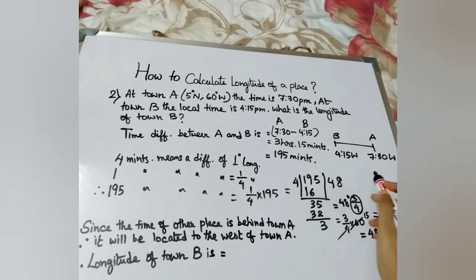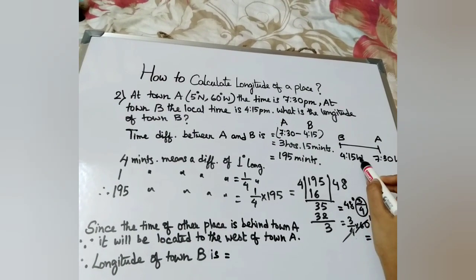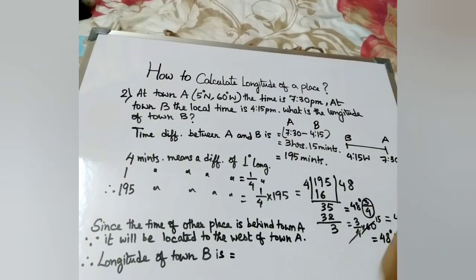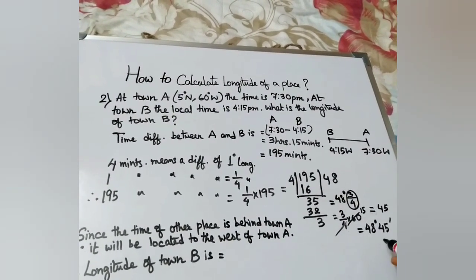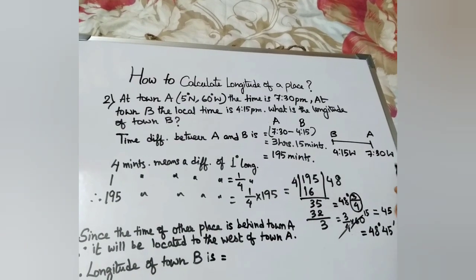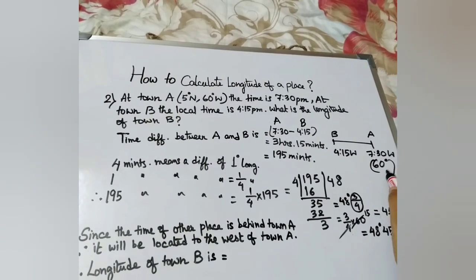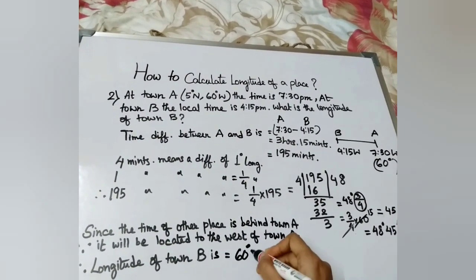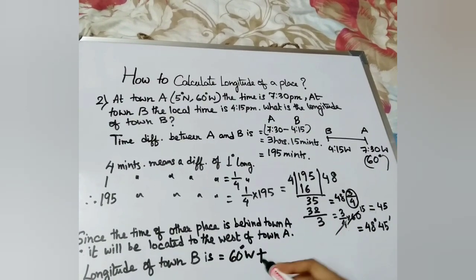So we already know that the other place is behind the town A, so it will be located at the west of the town A. So the longitude of town B is, we already know, 60 degree. Longitude of town A is 60 degree, already mentioned in the question. So we have to write the 60 degree west plus the answer we get,